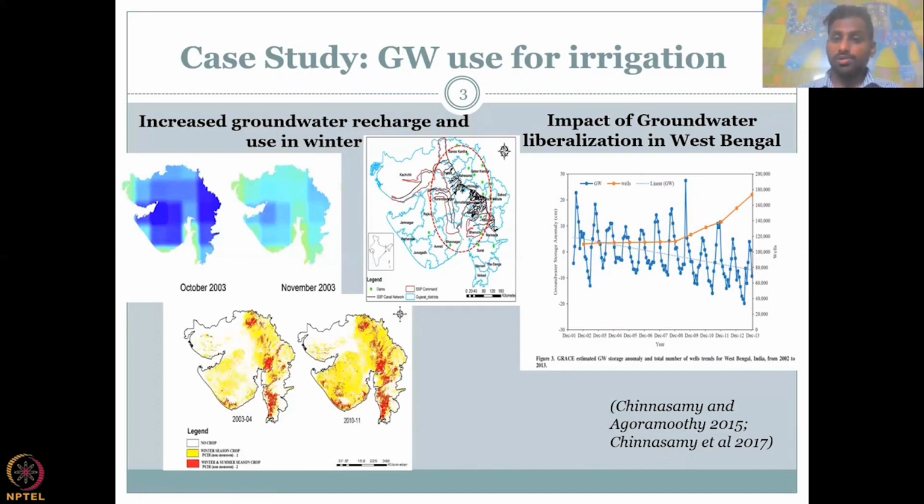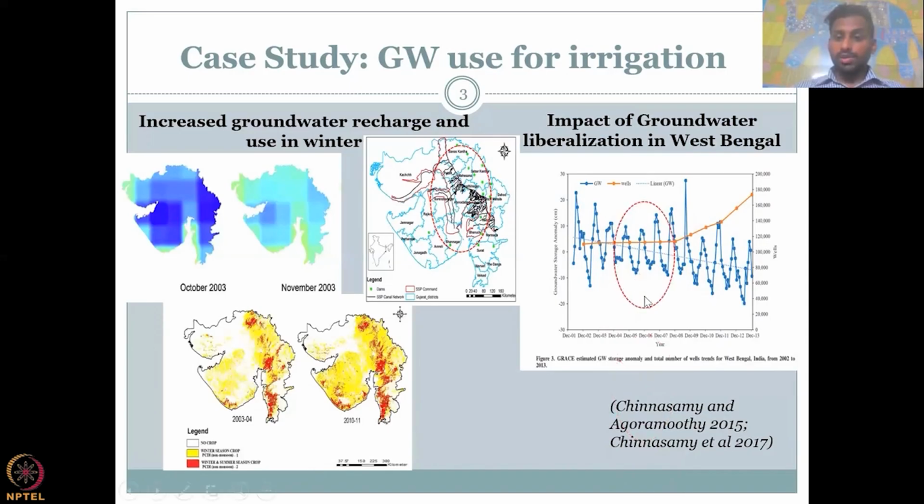So this graph can also give you the number of wells in West Bengal that were introduced and how much the water levels were declining. So there is a net decline in groundwater reserves wherever there is groundwater irrigation happening. It's not bouncing back. If the well levels were coming back up to the normal levels, then we would say you are using the water and it is recharging, so there's no issue for groundwater in India. However, that is not the case.